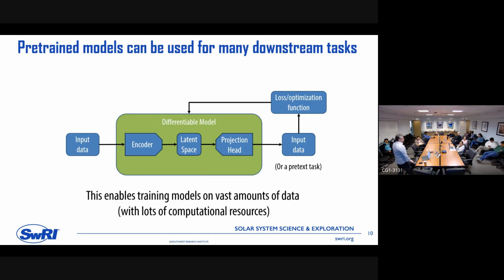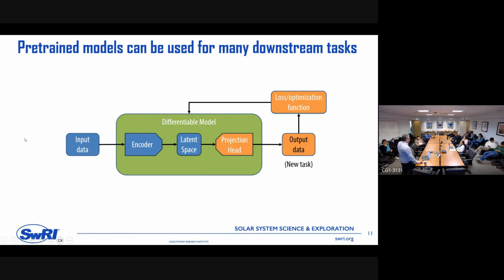Now, what people have found is that there are pretext tasks that are very effective for enabling the approximation or the creation of a representation of data that is useful and usable, right? And that once you train those, then you can fine-tune for many other things. So the idea is that you will retain the encoding of your pre-trained model, and then you keep those weights fixed, and you train only the projection.